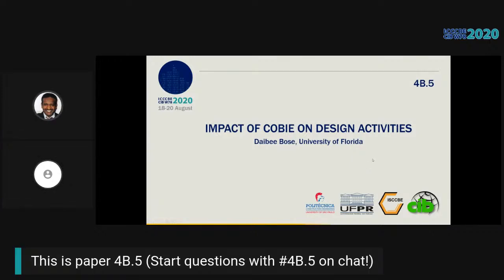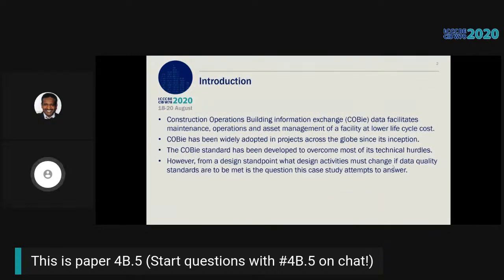Okay. Hello, everybody. This is Devi from University of Florida, and I'm going to be presenting my research on impact of COBE on design activities. So moving on to introduction. So the construction operation building information exchange data, short for COBE data, helps maintenance and asset managers to quickly operate their facilities at a lower life cycle costs. And since its inception, COBE standard has been adopted in many projects across the globe. And while most of its technical hurdles have been overcome, the changes that may be required in design activities to meet the data quality standard